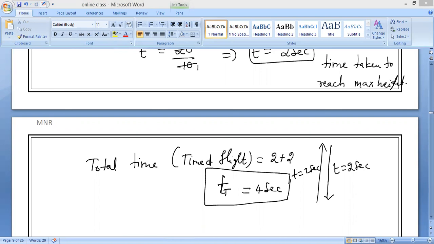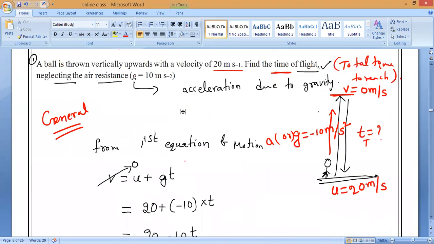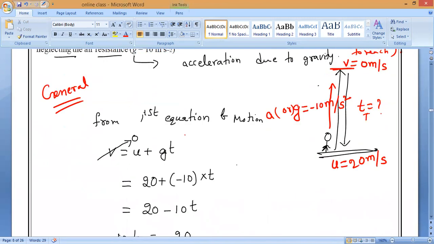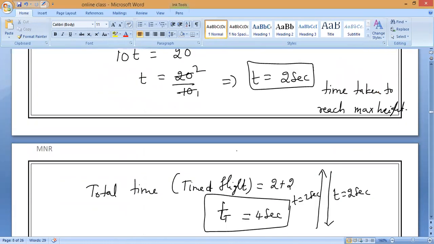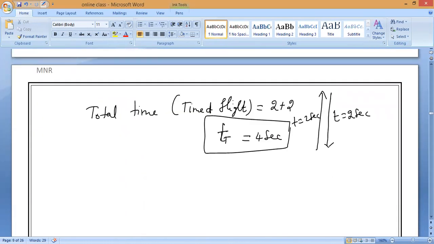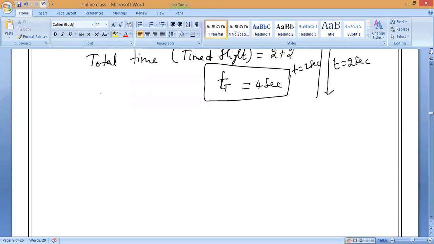Now, shall we solve this one with another method? Yes, sir. First, solve the normal method. Varthini ma'am, have you understood? Ready? Yes, sir. Okay, so this is the general method. Have you understood, guys? The general method calculates the time taken to go to maximum height, and then the time coming back, so that it gives you the total time. Is it okay, Arun Kailash? Once you solve it, then we'll go to the other method. So shall we go to the alternative method? Yes, sir. Alternative method.